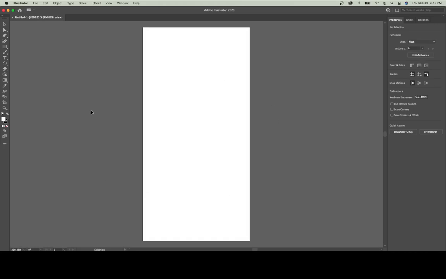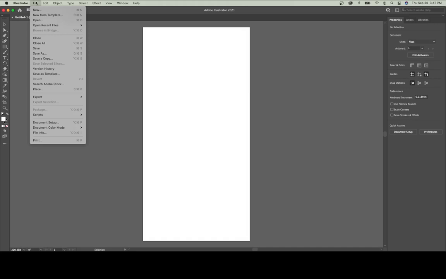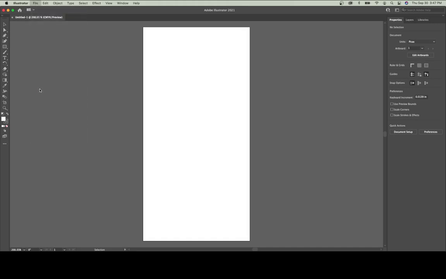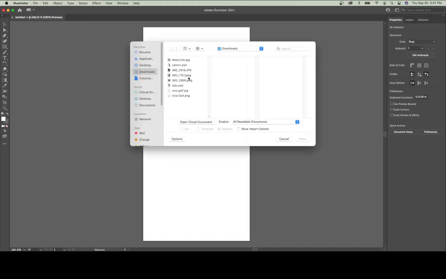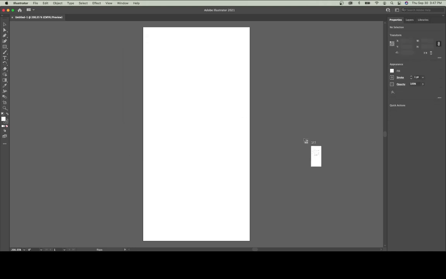This creates our document in Illustrator, and then we want to bring in our image. So we're going to go to the File menu, down to Place, and we're going to find that JPEG Vice Golf file that I created from Photoshop. We're going to select Place, and then instead of just clicking or automatically placing the document,